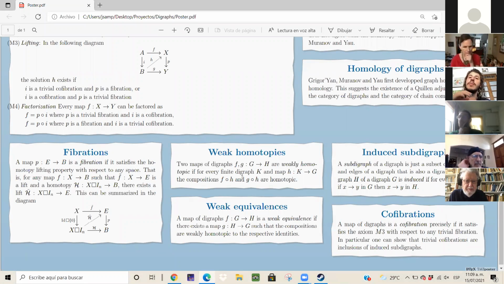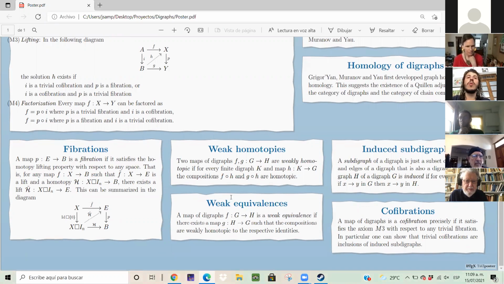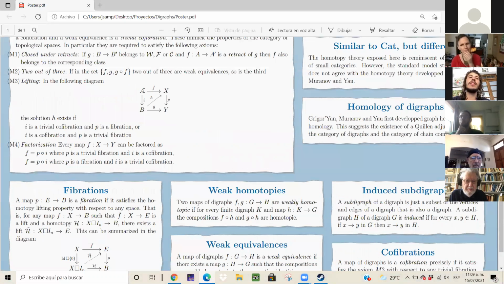So it's basically being homotopic, but only on some finite subsets. We say a map is a weak equivalence if there exists a weak inverse. So there exists a map G from H to G such that the compositions are weakly homotopic to the identities. And finally, we define a cofibration to be precisely a map that satisfies the lifting problem with respect to a